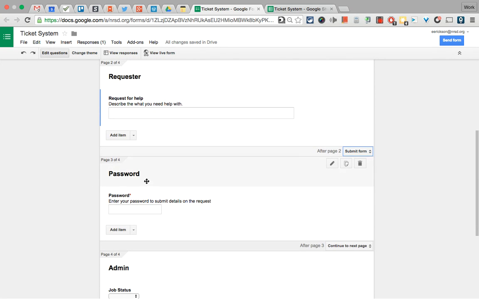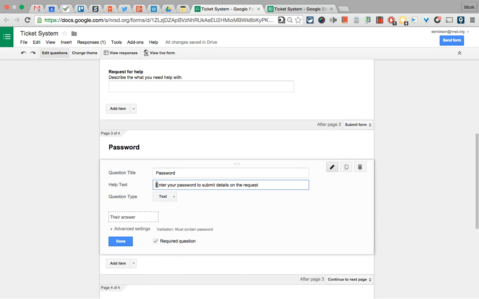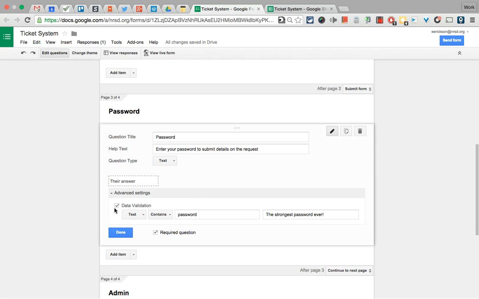In page 3, I have a text box. It's just called password. And for the help text, I said enter your password to submit details on the request. And here you'll want to select advanced settings. You want to select data validation. The text contains some word, which is going to be the password that you then provide that person, so that they can securely, well, not so securely, but they can